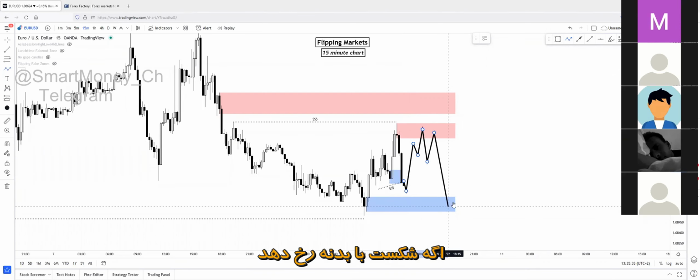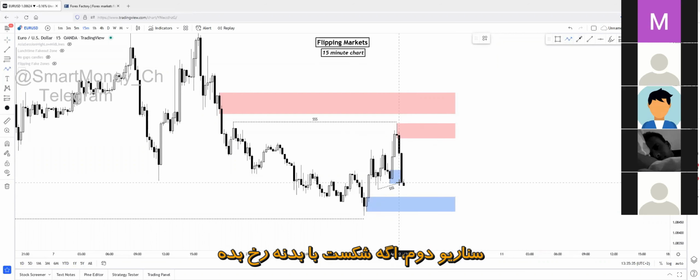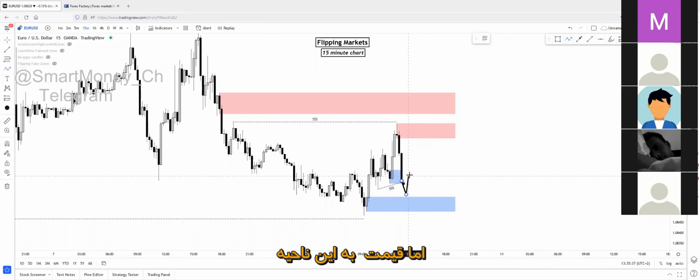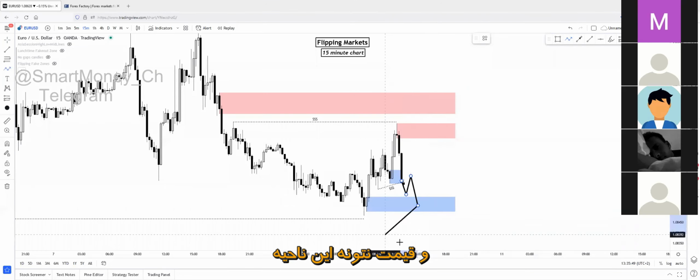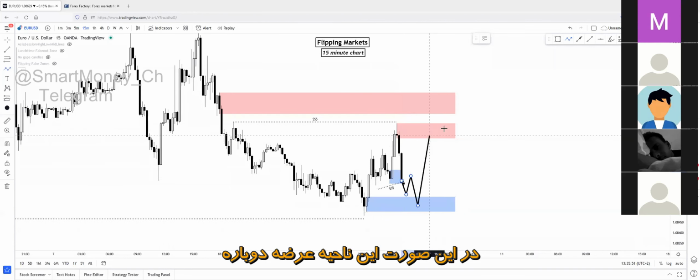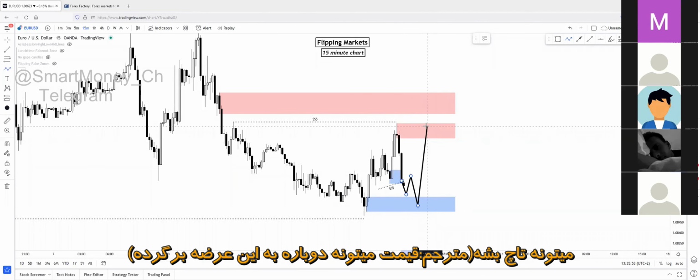Second, if the body break happens and price doesn't really come up for a pullback right here to this region, and this demand will be tapped, the break of this demand will happen. I'm expecting a break of this demand. But if the break of this demand can happen, and if price can break below this demand zone, then this supply zone tap will happen again.